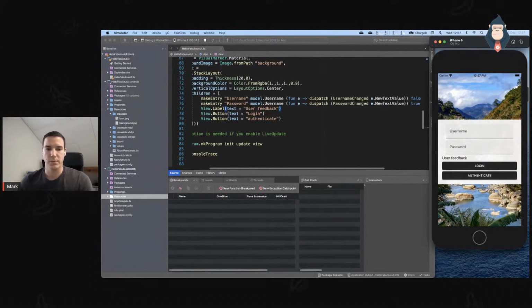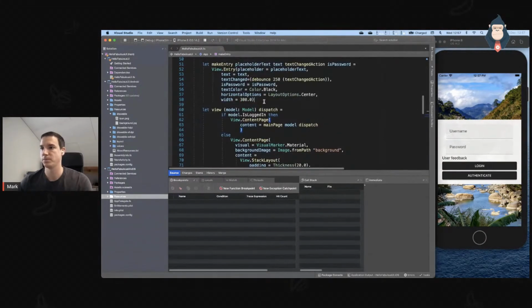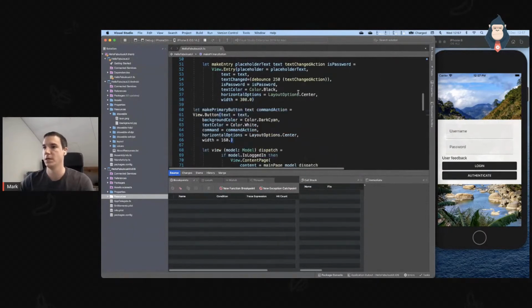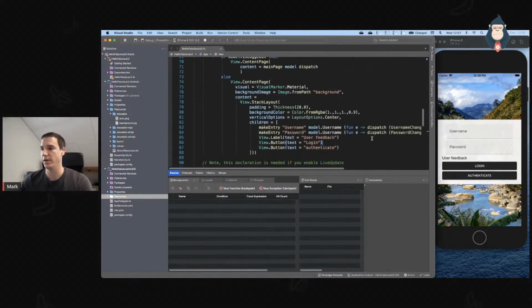So let's go and implement that login button. I'll again just copy and paste the code in here to save us some time. So I'll make again a function for this, and I'll just call it a primary button function. I might want to have this style in here where I have primary buttons and secondary buttons. And so I could now just define this style once for this button. I pass in the text that should be displayed and the commands that should be executed. And then I can go back down here and I can now insert the make primary button.